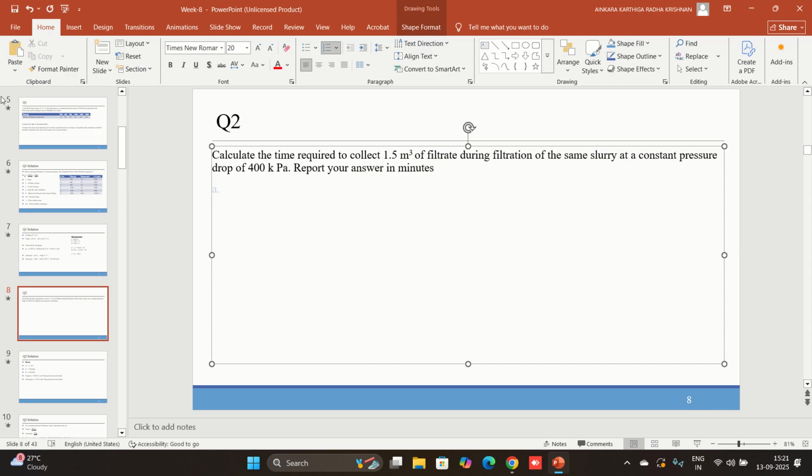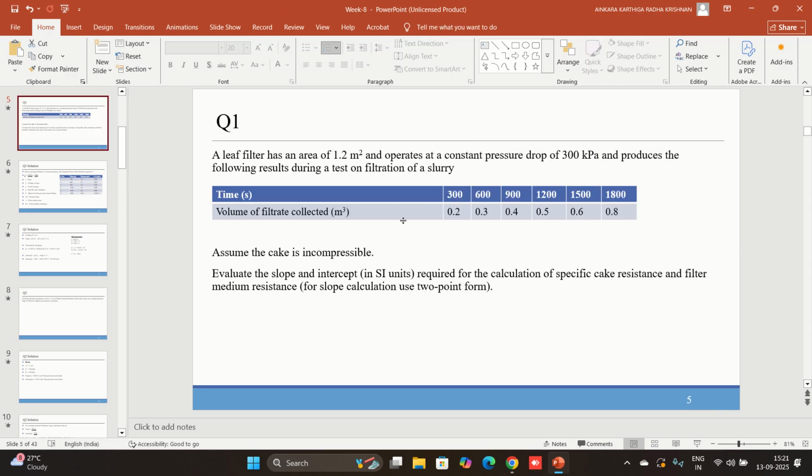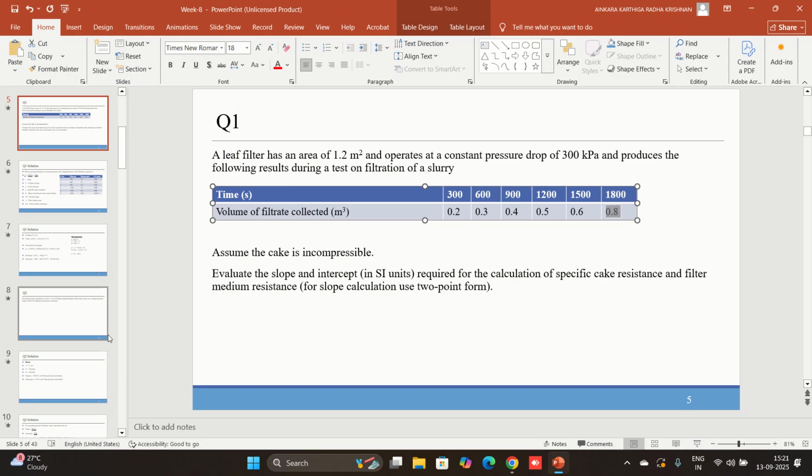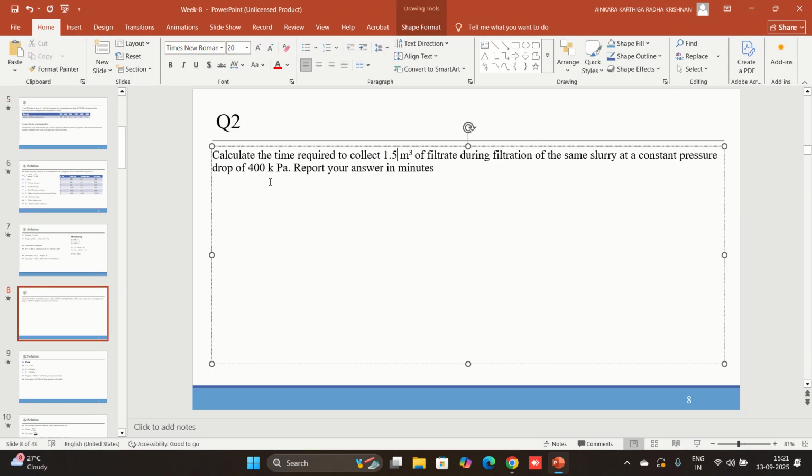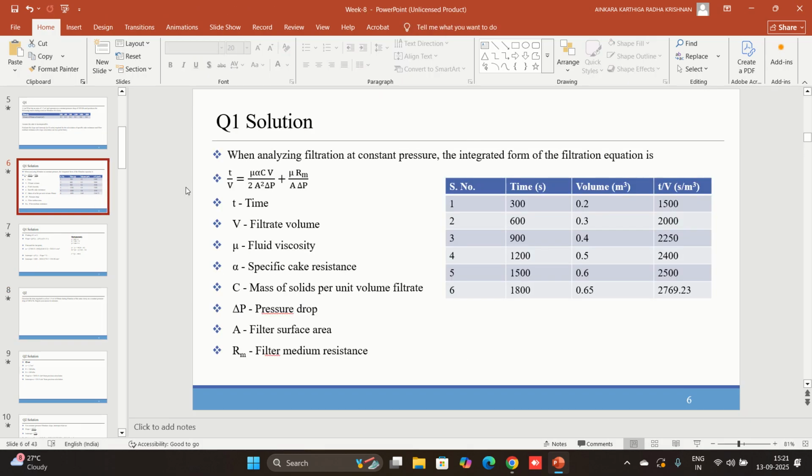Report your answer in minutes. So what are we asked? We are asked to find out how much time is required to collect 1.5 meter cube of filtrate during filtration of the same slurry at a constant pressure drop of 400 kilopascal. In the previous question, we were given t values and v values, and we went up to